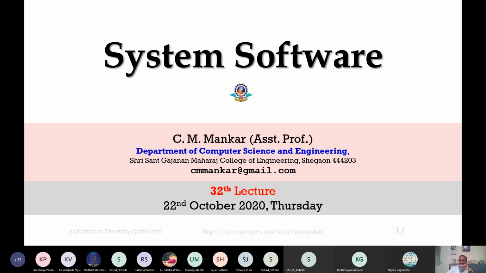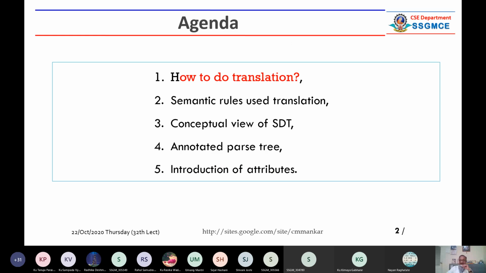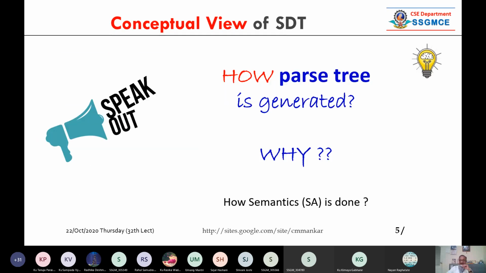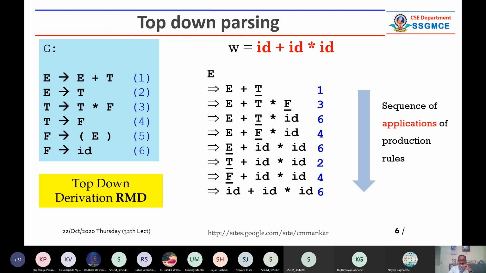Lagging means lips movement and audio is different, or slides and audio is different. Means there is some lag in that. So you should tell me. You can tell me on WhatsApp, or you can put your comment into the chat. So we are here.